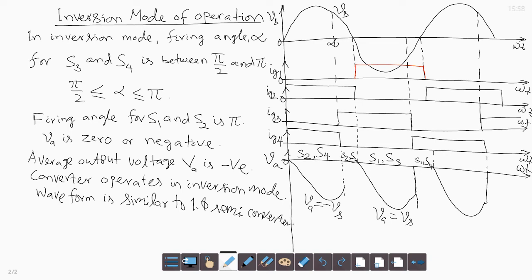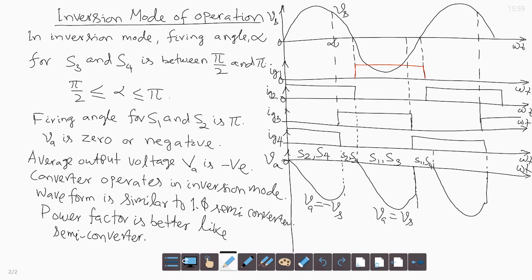So power factor is better because displacement angle will be half of the firing delay angle. Displacement angle phi 1 is half of alpha 1. So power factor is same as the single phase semi converter. So because inversion mode is there, the DC machine operates as generator and supplies power to the AC source. Power flows from the machine side to the supply side. So regenerative braking is obtained, whereas power factor is similar to semi converter.